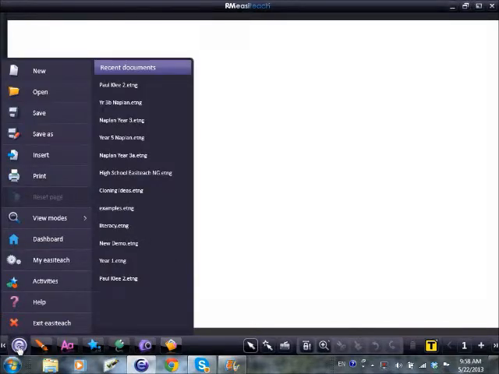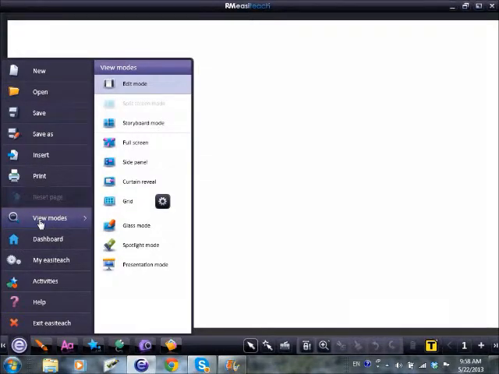To find the glass mode tools, come down to the left hand side of the program, click on the E menu and go up to View Modes. Click on View Modes and look for Glass Mode. Click on Glass Mode